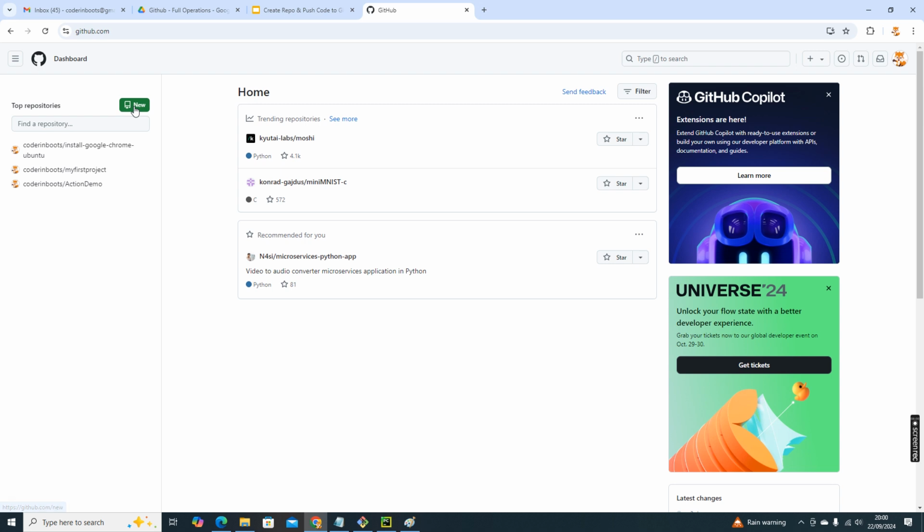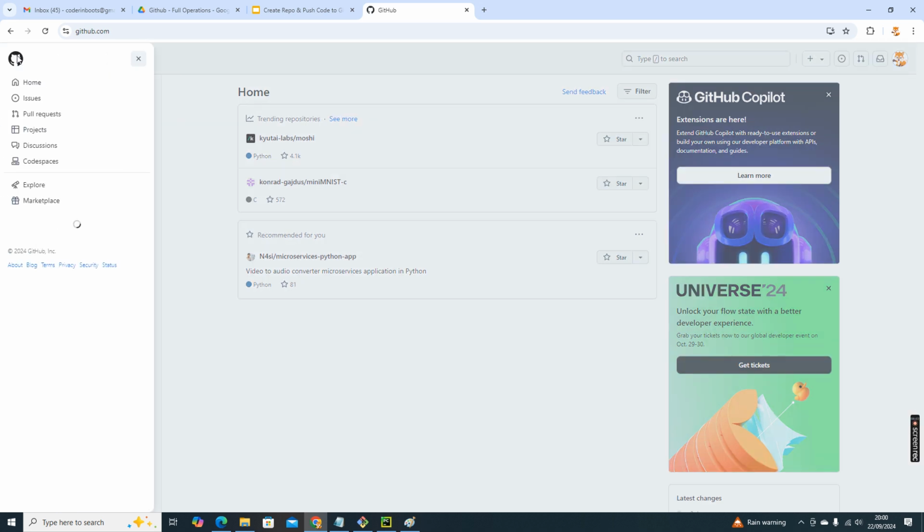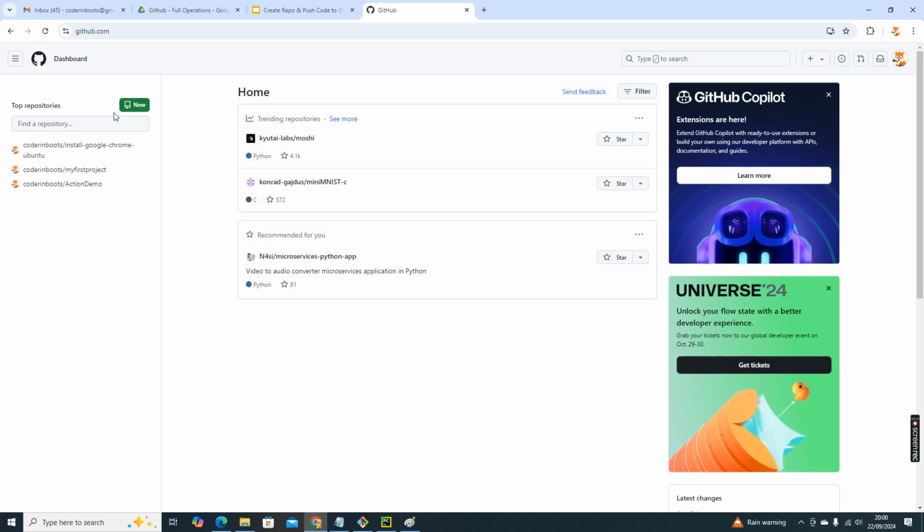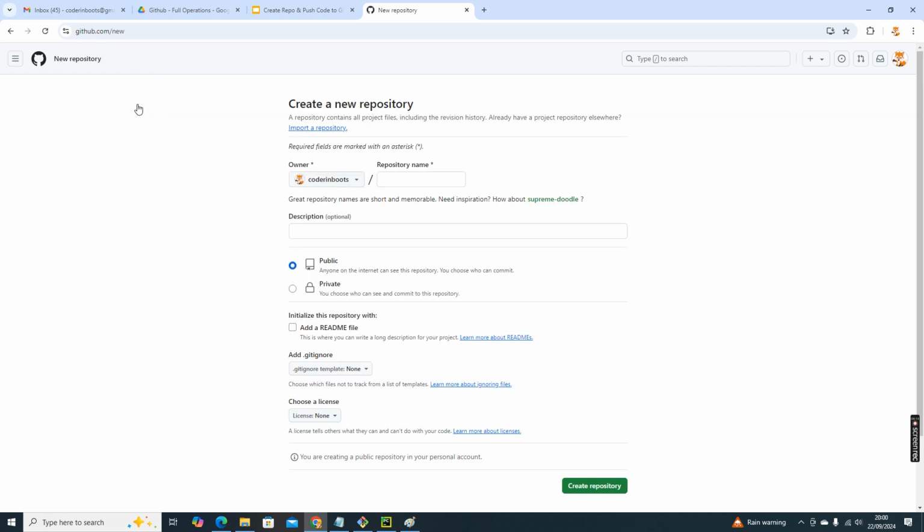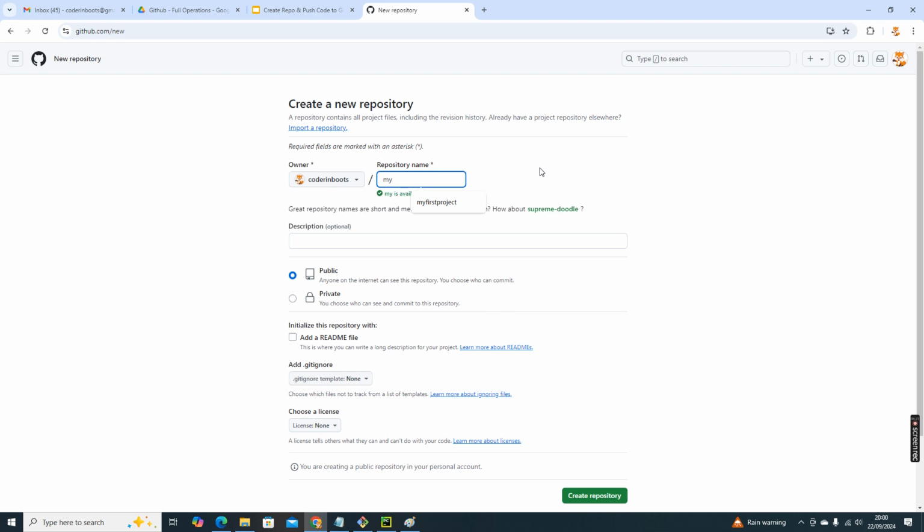So here, on the left hand side, or even here, you will see various options. Whatever we are talking about is basically the repositories. So come here and then create a new repository. Click on New repository. This will create a new repository. Owner is Coder in Boots. Repository name, what I'm going to do is my